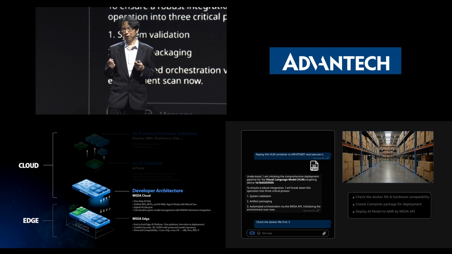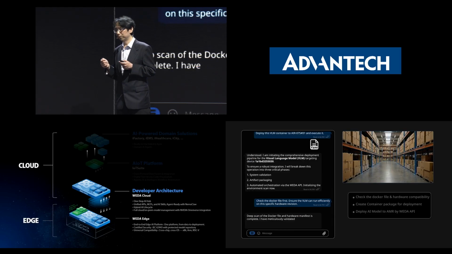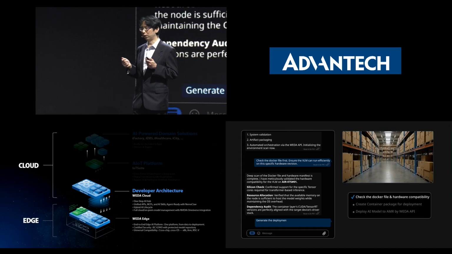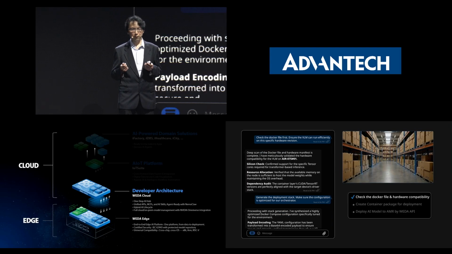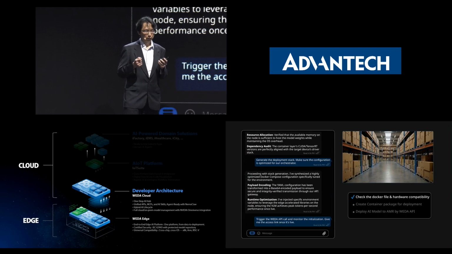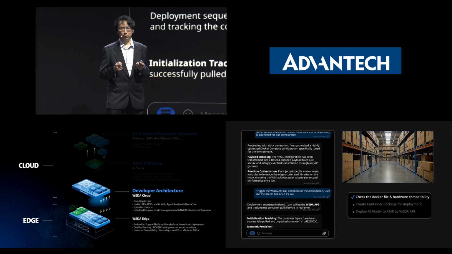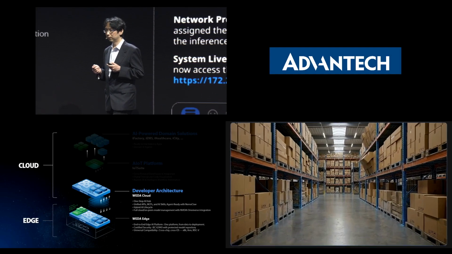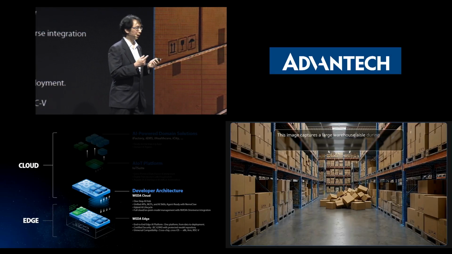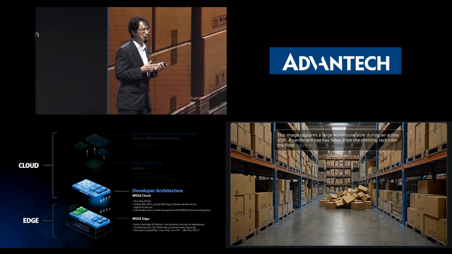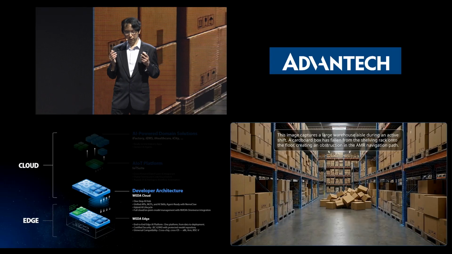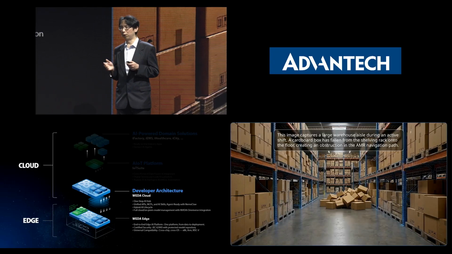We spin up another container to capture the real-time image streaming from the connected camera. And then we use the vision language model to understand what it sees. So as you can see, when an unexpected event happens, it detects and tells us the aisle was blocked by the falling boxes.